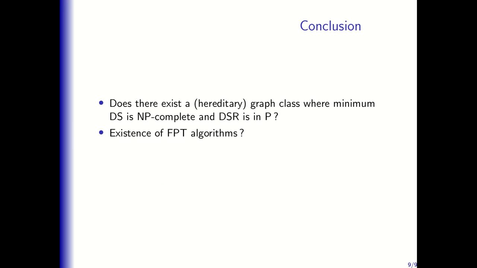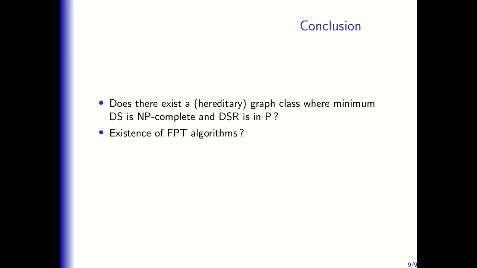So to conclude, I want to mention two open problems. So the first one is the problem that was raised by Bonamy, Dorbeck and Ouvrard, which is, does there exist a hereditary graph class for which minimum dominating set is NP-complete and dominating set reconfiguration is in P? So at first glance, such a result might seem a bit counterintuitive, in the sense that usually reconfiguration problems are harder, but there are some cases where they become simpler, because when we are looking at a reconfiguration problem, we